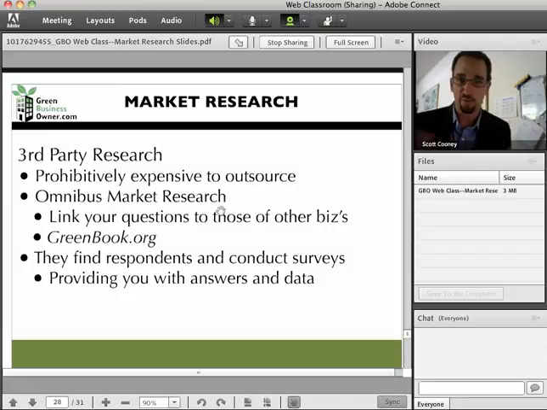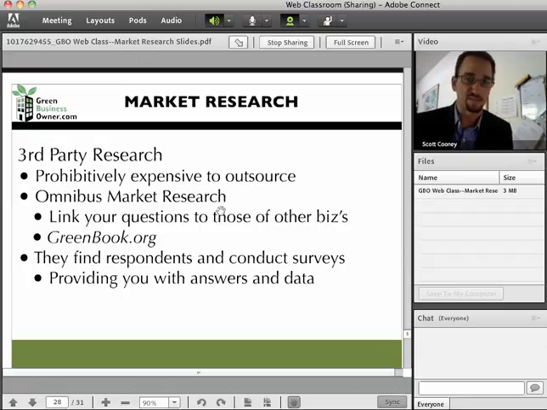And they do all the work for you in terms of lining up participants, making sure they're qualified to be the target market. They'll do all that for you, compile the data, and just give it to you at the end. But the idea is, the survey is really only 1/9 yours or only 1/10 yours. If there are 10 other companies participating, you get 1/11 of the data, in essence. But that's fine. You still get the answers that you're looking for.